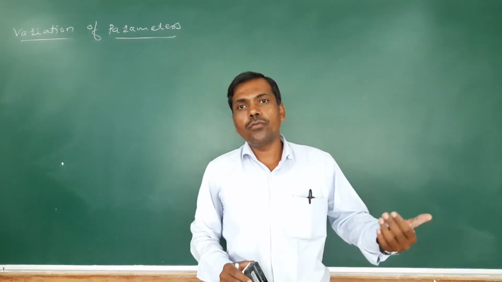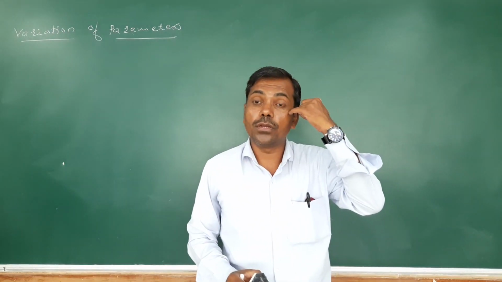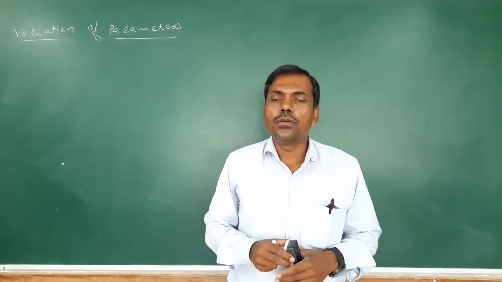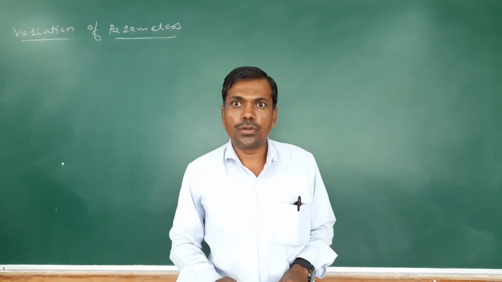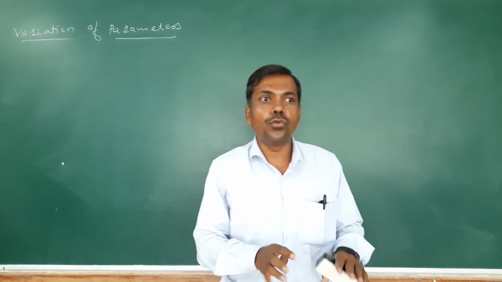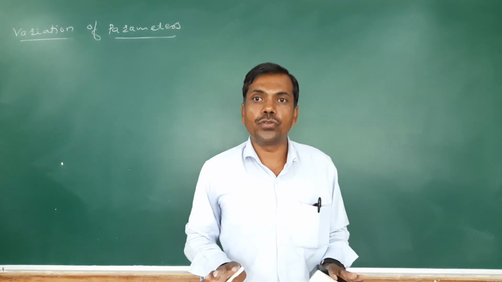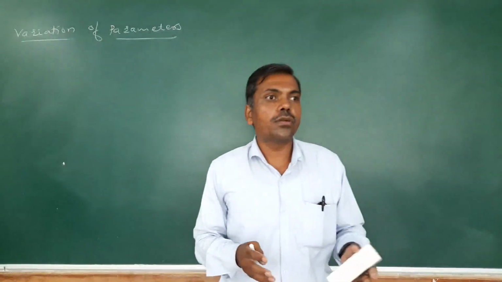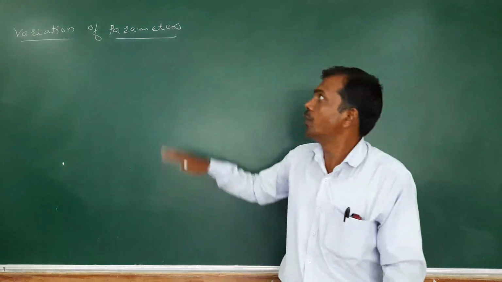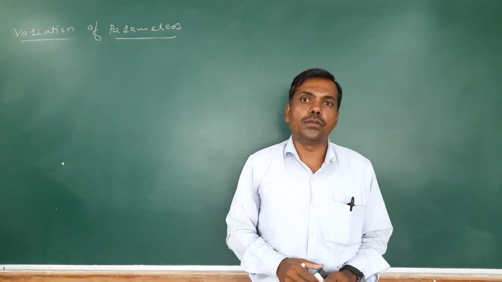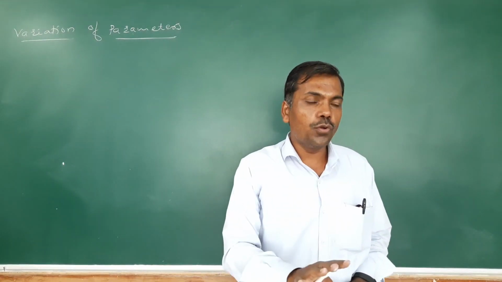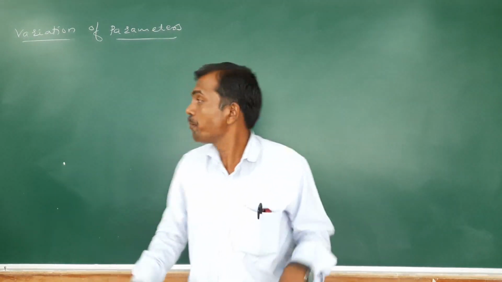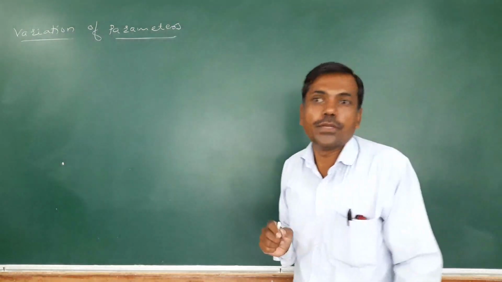And when are we going to use this variation of parameter method? It is just advice, not a general concept. Whenever we have complex or imaginary roots in finding the complementary function, and your shortcut method is not applicable, then we prefer to use the variation of parameter method, right? Complex roots, imaginary roots, and the shortcut method is not applicable. Okay, so here we will start our method.